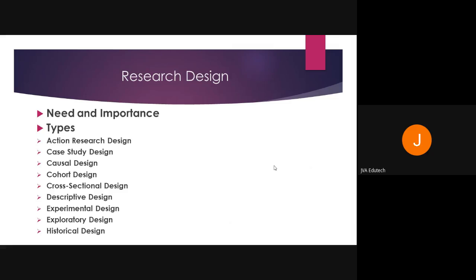This type of research design is basically used when you want to find a solution to a particular problem, when you want to frame a policy. So whenever you see that government is coming up with some policy, like Niti Aayog is coming up, government is coming up, RBI is coming up, before arriving at those policies, they do action research. That's why you might have heard this statement many times that the policy has been implemented based on the action research.